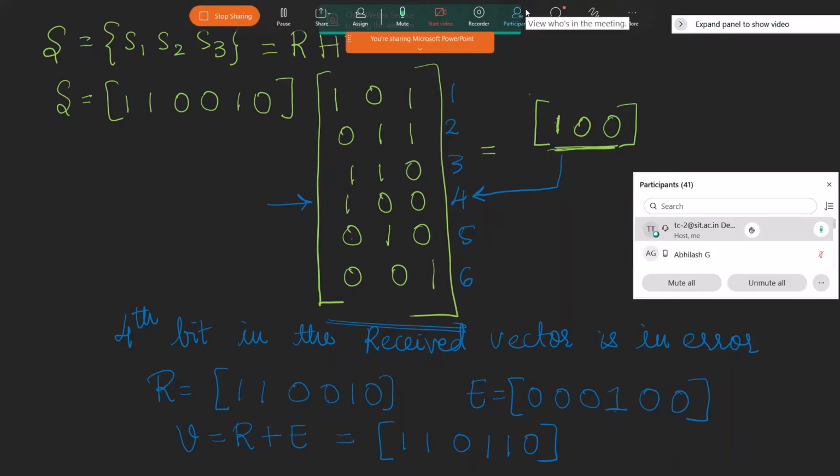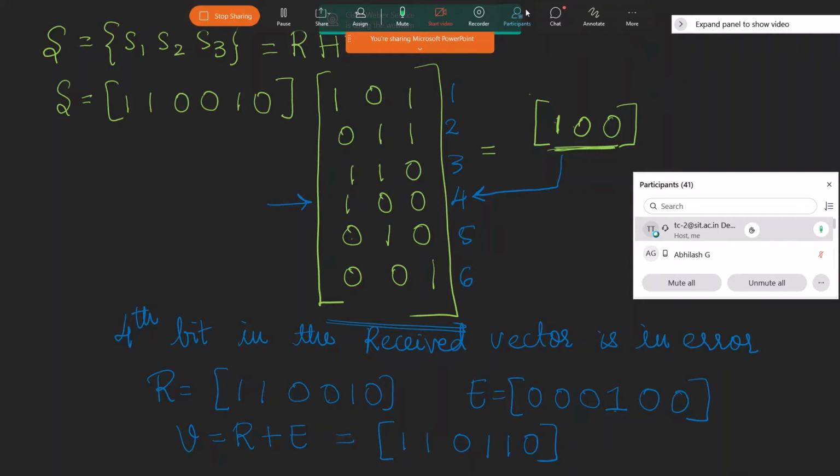In the next class, we will see the circuit that is used for generating this syndrome. So the syndrome generation circuit, we will see it tomorrow. Tomorrow, I will need one more class, though it is a holiday tomorrow. I will take one class, or else I'll record the video and provide it to you. All the videos of the classes have been updated on YouTube. I'll share the links with you.